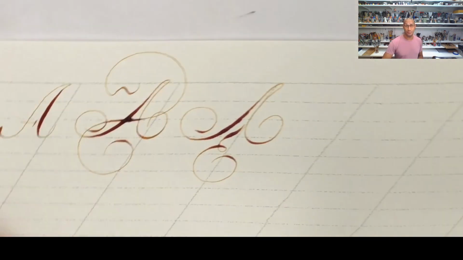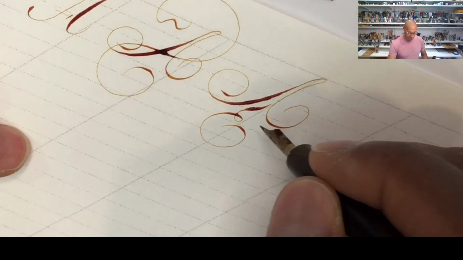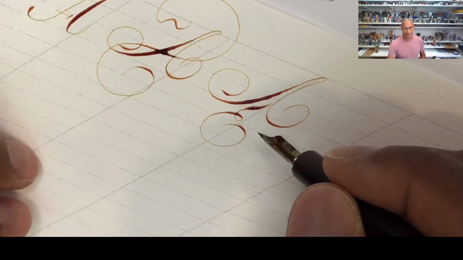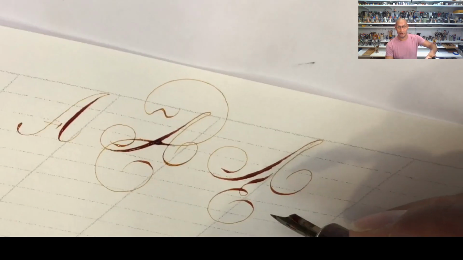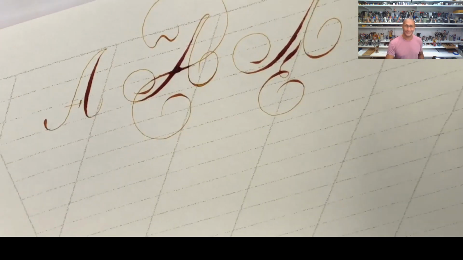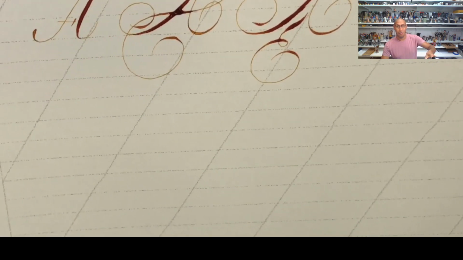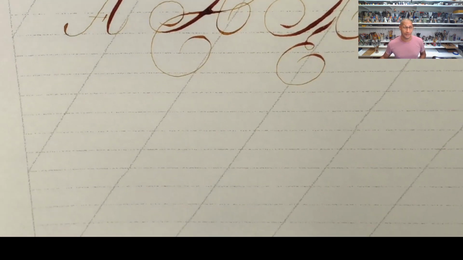So notice how the page is moving around quite a lot. To produce this, I have to approach it from this angle, but because I'm twisting my camera, it looks like I'm doing this straight on, and I'm certainly not. So why would you, sorry about these angles, why would you opt to use this reverse English roundhand,